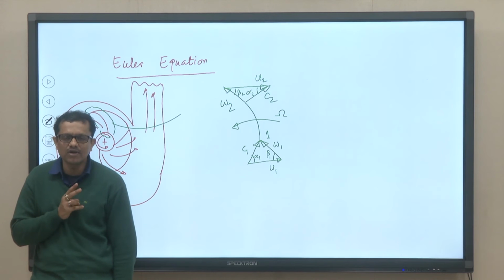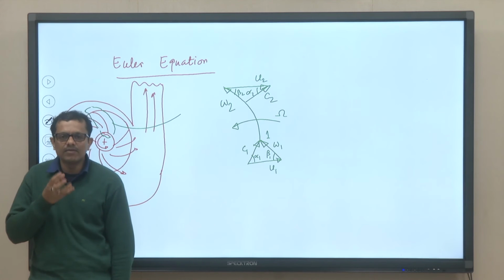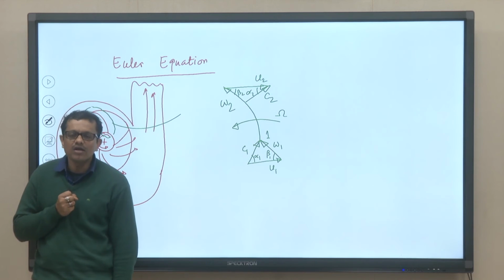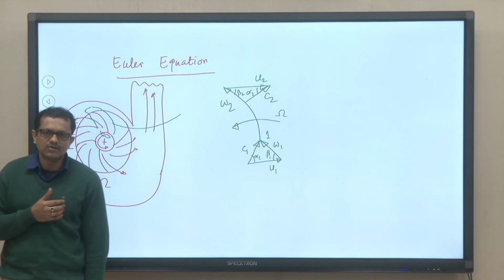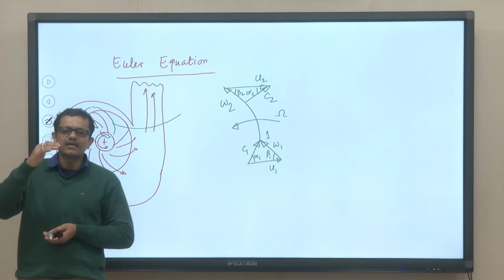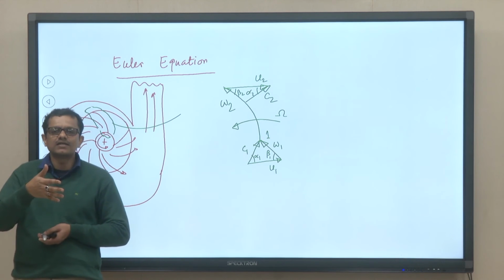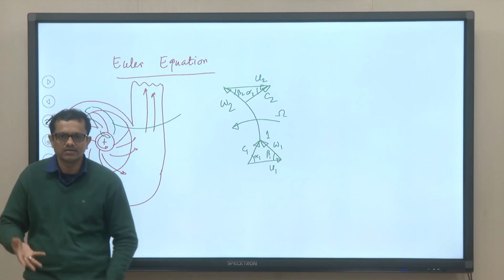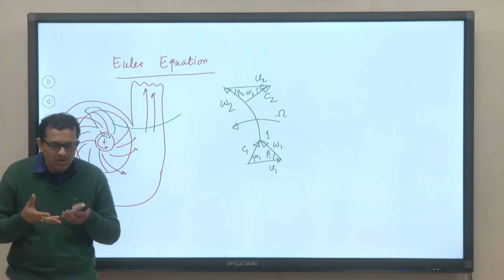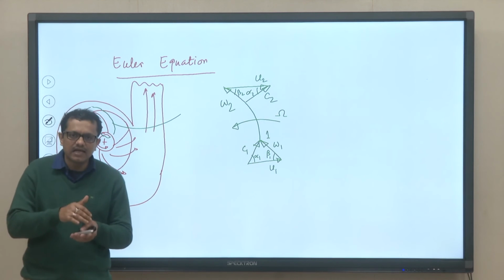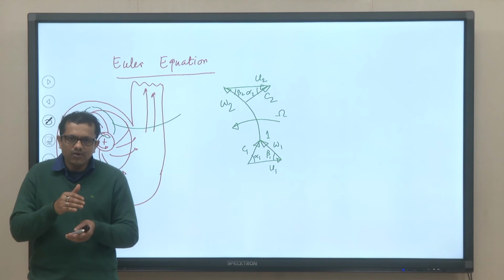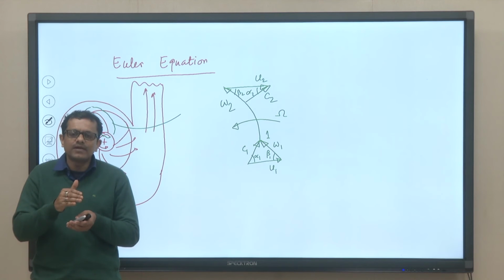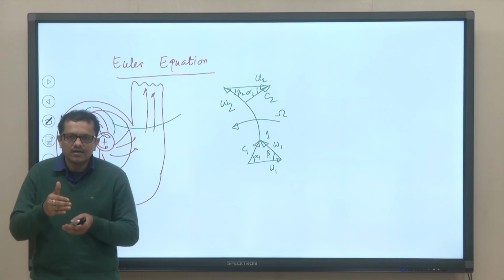What are those two important things? First of all, the amount of water I need to supply, that is quantity, that is discharge. Another one is the head. That means we need to overcome the static height, and also the dynamic head, that will take care of the frictional losses and other losses. So, if we install a pump over there, we will be sure that the pump will be able to meet the demand.